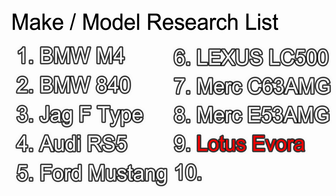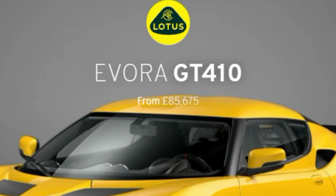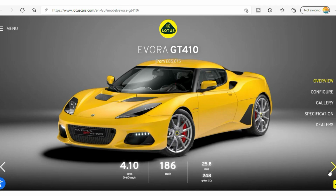So on the actual Lotus range, something that is available probably to me, is the Evora. Now, if we head away from the main page and I go in here, we can have a look at the models, and this is the list. Obviously, you've got the Elise and the Exige. The Evora is here. When we come in here, the first thing that hits us is the price, while it's waiting to load up, at £86,000. However, as the thing counts down at the bottom, you can see that we're hitting a 4-second 0 to 60, and it's not an